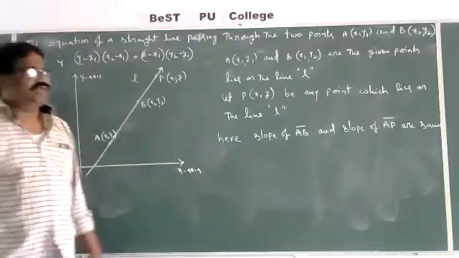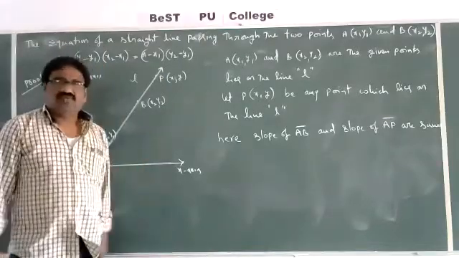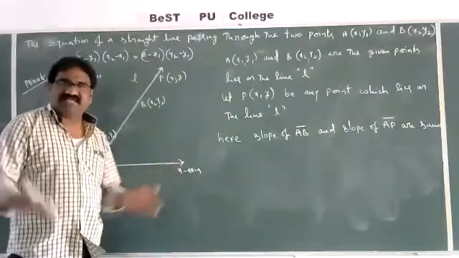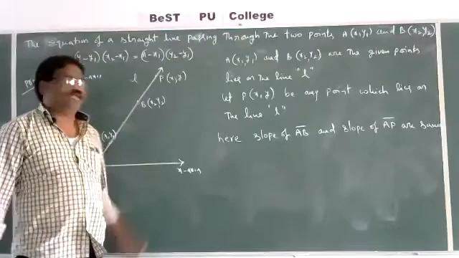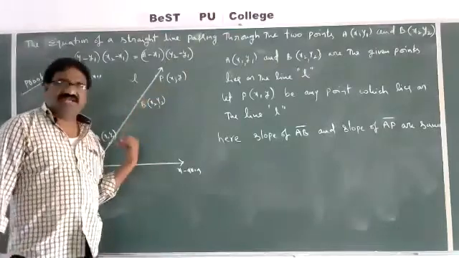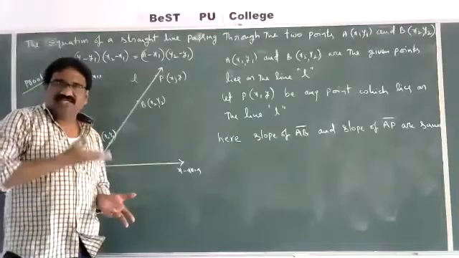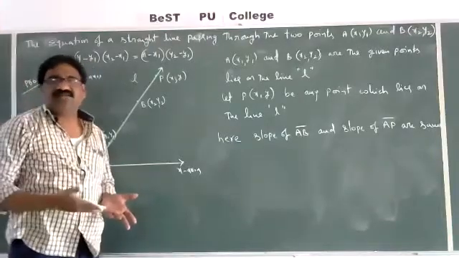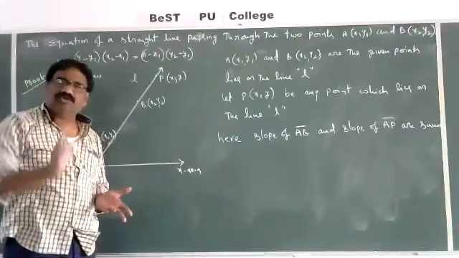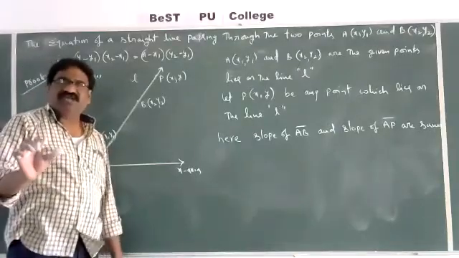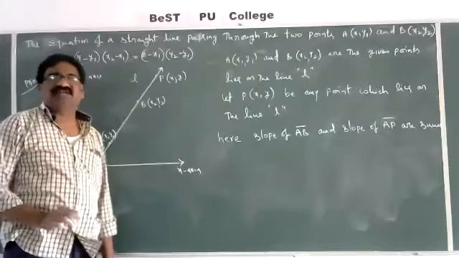You know collinear? What is meant by collinear? If the given points lie on the same line, then the points are collinear. Here also these points are collinear. If collinear points are given, that is, the points lie on the same line, you take the slope between any 2 points, you get the same slope. That is one way to prove the given points are collinear.